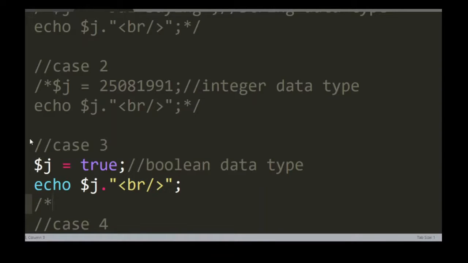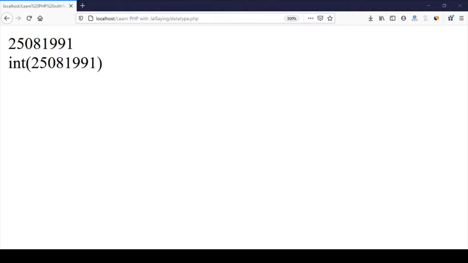So the third case is boolean data type. Whenever we want to give some condition like true or false, we have to decide this is true, this is false. So whenever we want to give some condition, then we go for the boolean data type. Now I'm going to execute the third case.